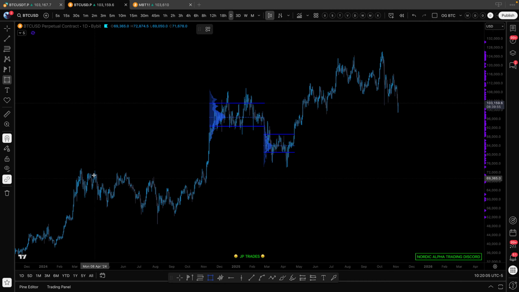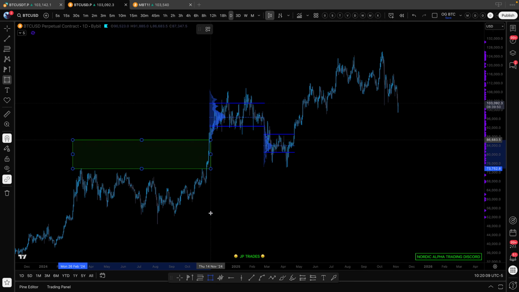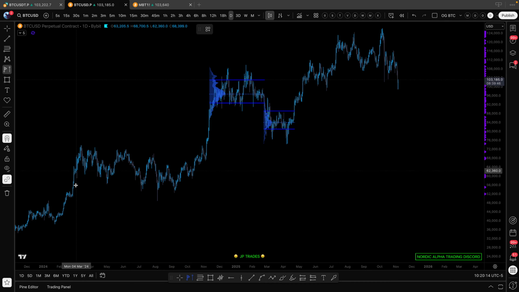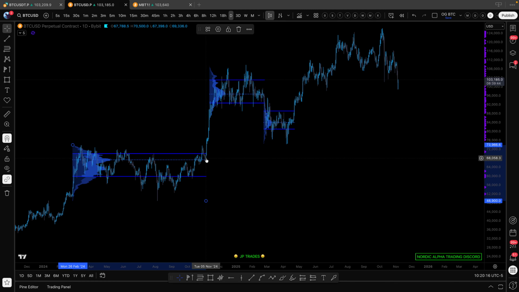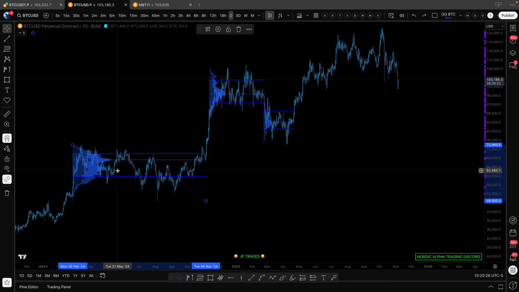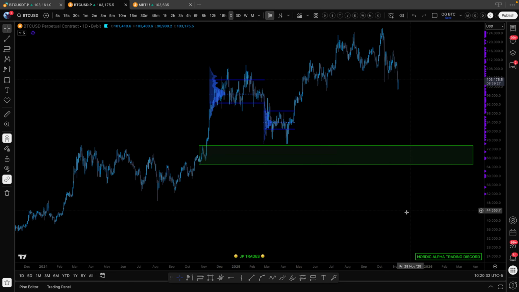So to me, this entire area is a very, very large area of unmitigated demand. And you have the point of control right about 67. So right around this demand zone,